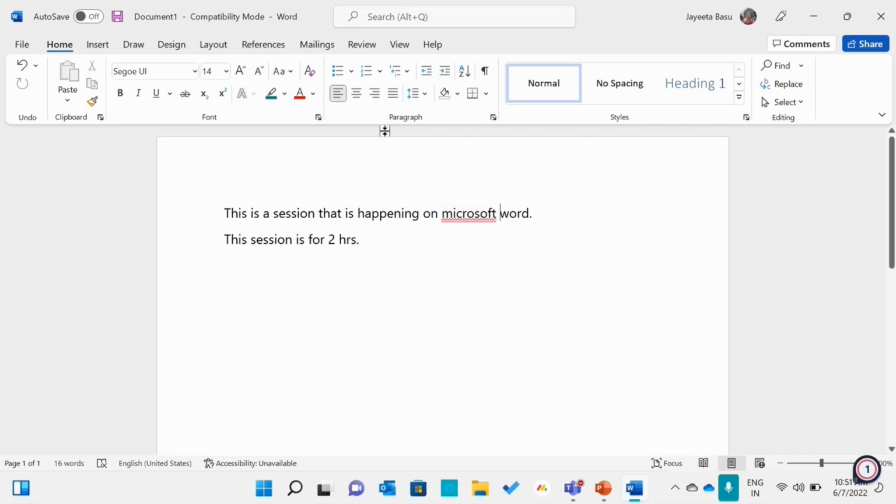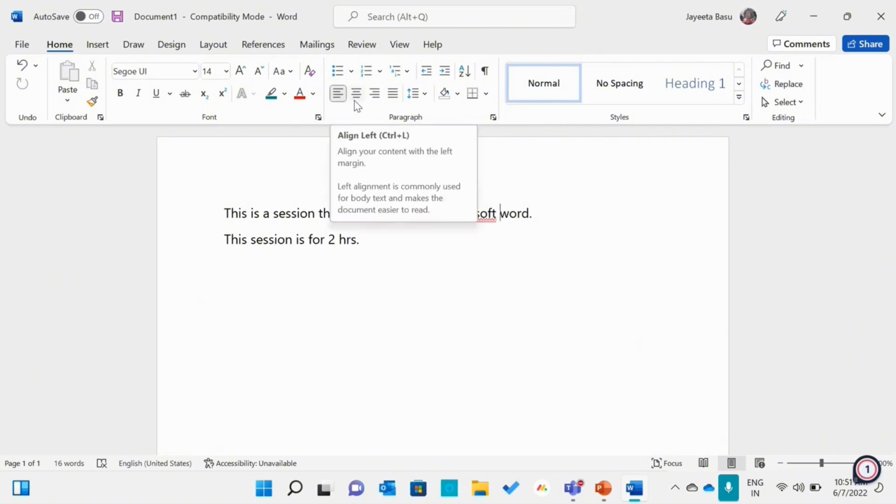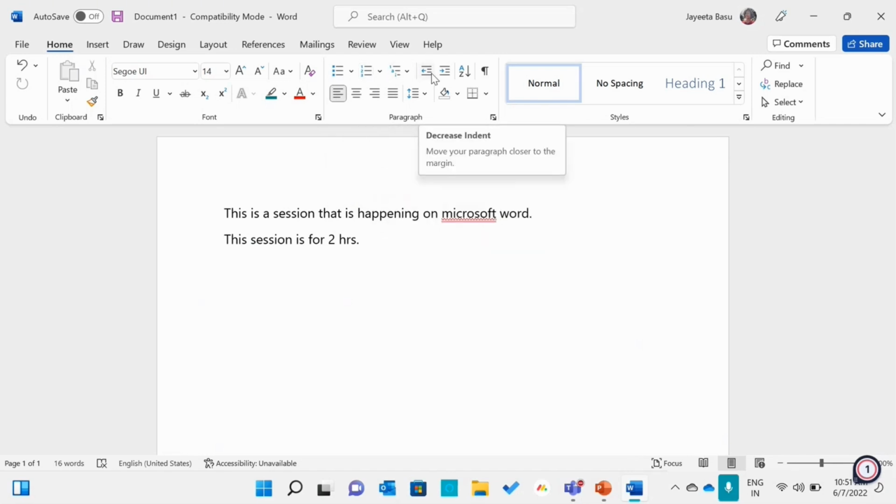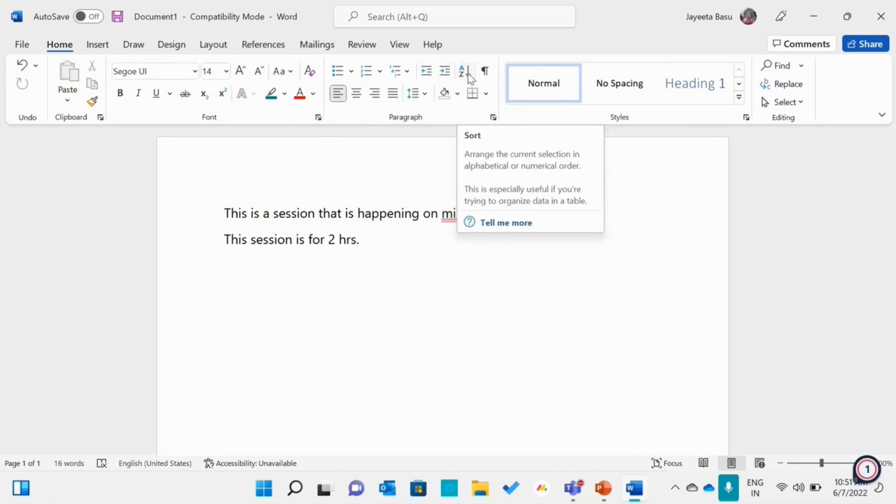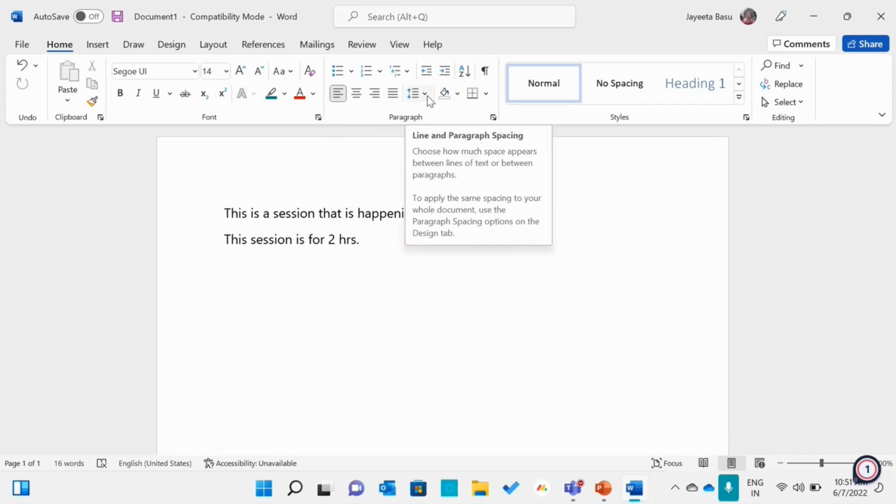Then you have the paragraph. We will also be talking about it really descriptively. You have the left, center, right, and justified alignments. You can add bullets, sub bullets as well in your document. You can decrease the indent or increase the indent. You can sort your document, add, show or hide paragraph marks, change the space in the document, line and paragraph spacing,